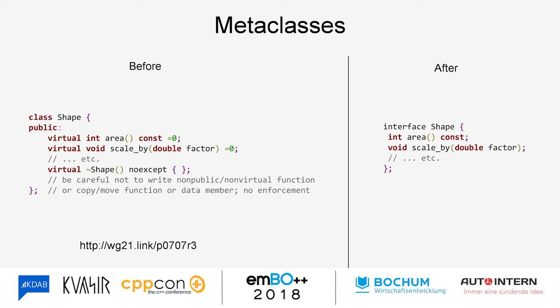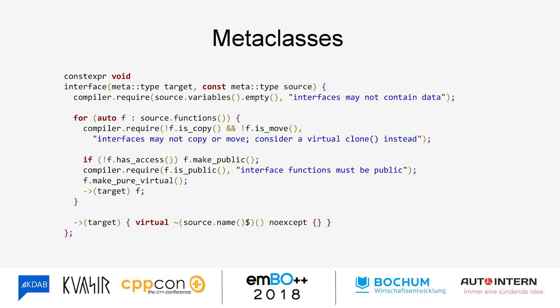Now there are, I think, two important points here. One is that the code on the right should be entirely equivalent to the code on the left. The second point is there is no interface keyword. This is not something which is going to be baked into the language, because this is kind of a narrow feature. It's useful in some areas, but not broadly applicable to everything in C++, such that it would be important enough to standardize this interface keyword. What we actually do is we implement this interface thing as a library feature. So this is what interface could look like.